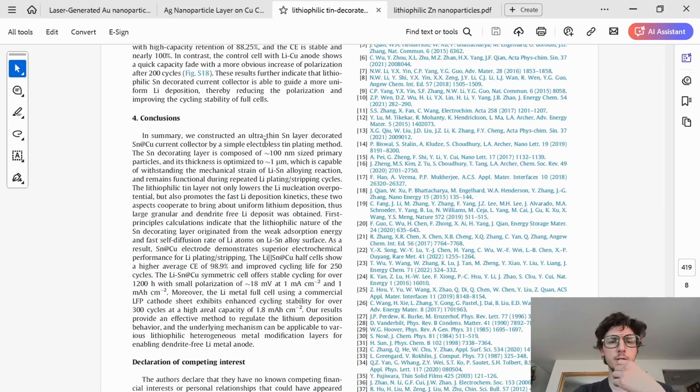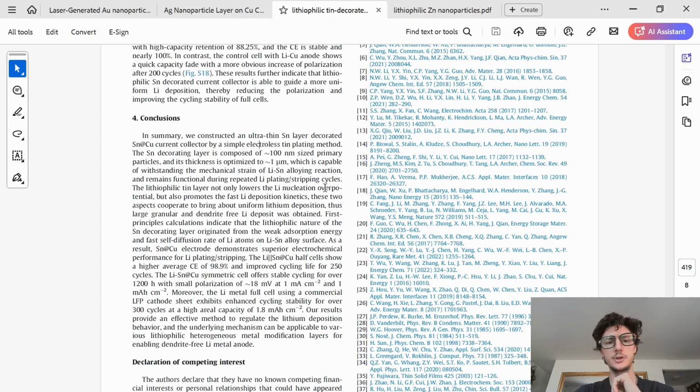Conclusion. In summary, we constructed an ultra-thin Sn, here means tin, layer decorated copper current collector by a simple electrolysis tin plating method. Electrolysis is the same thing that the previous article used. The tin decorated layer is composed of about 100 nanometer sized primary particles, and its thickness is optimized to 1 micrometer, which is capable of withstanding the mechanical strain of the lithium tin alloying reaction and remains functional during the